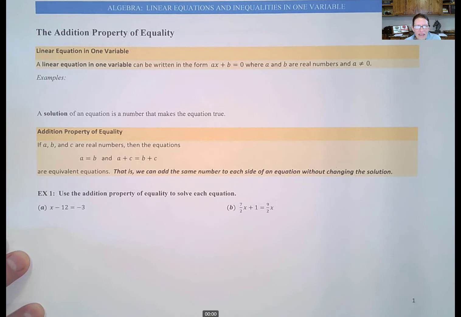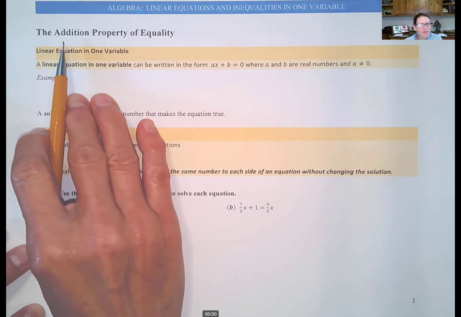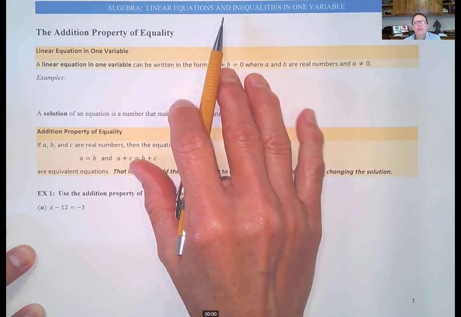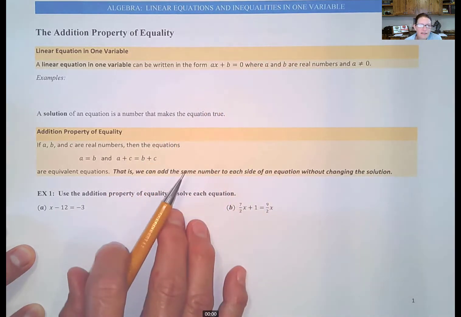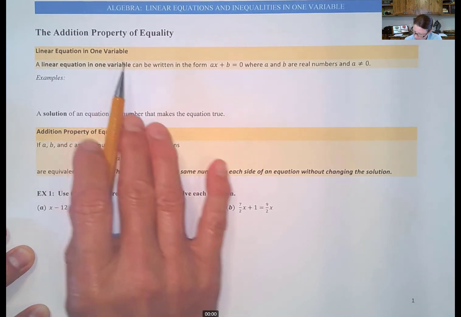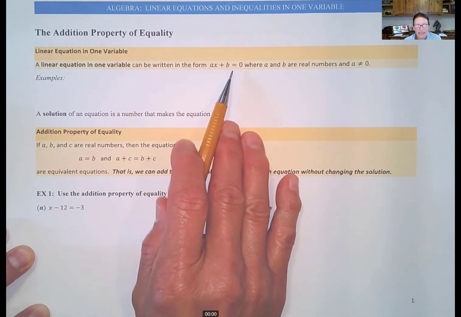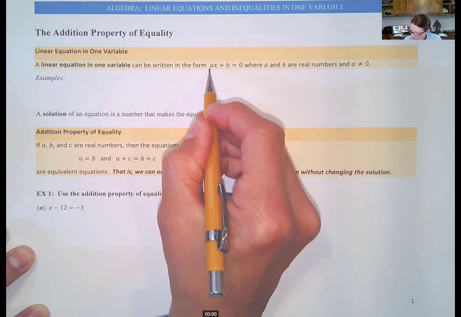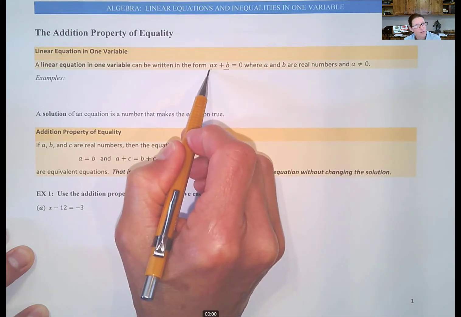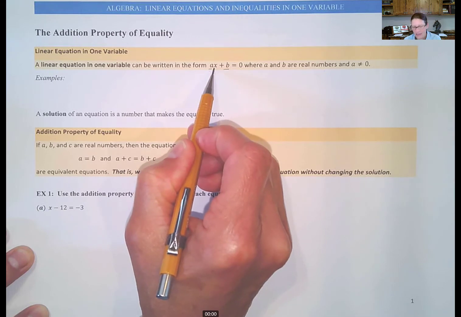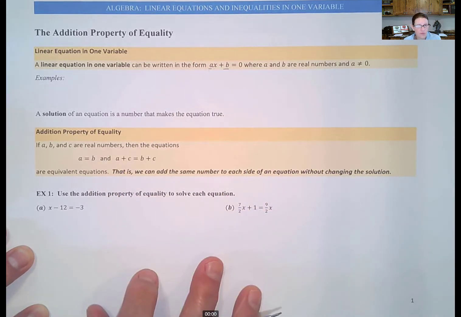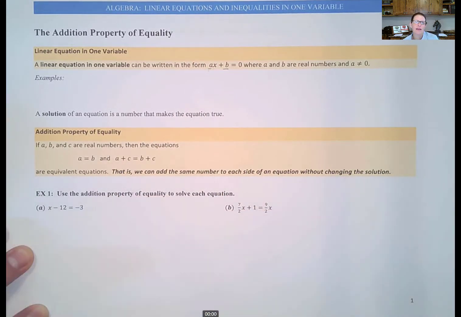In this video we will learn about the addition property of equality as we investigate linear equations, and inequalities will come soon. First of all, a linear equation in one variable can be written in the form ax plus b equals 0, where a and b are real numbers, and a can't be 0, because if it were, we would have 0 times x, which is 0, and there would be no variable. Okay? We need that variable in here to the first power for this to be considered a linear equation in